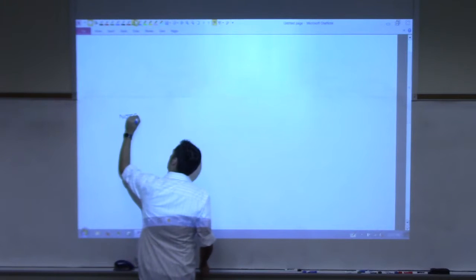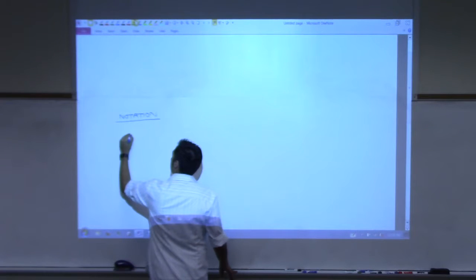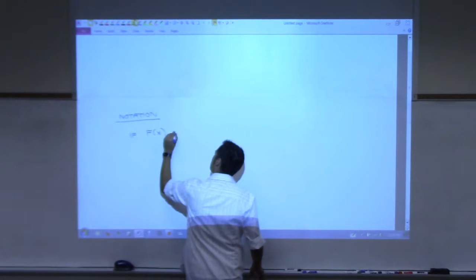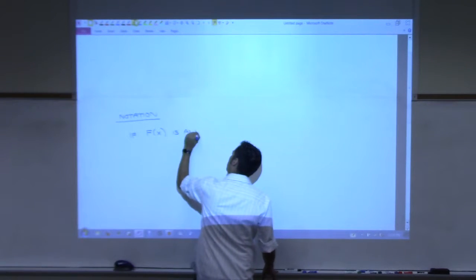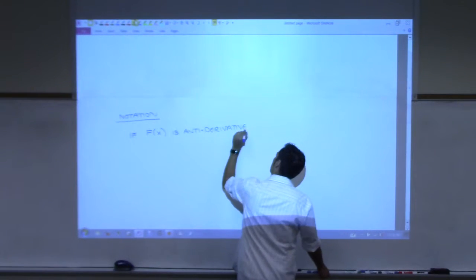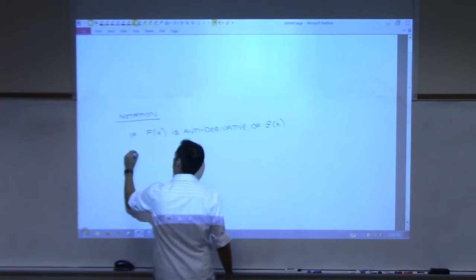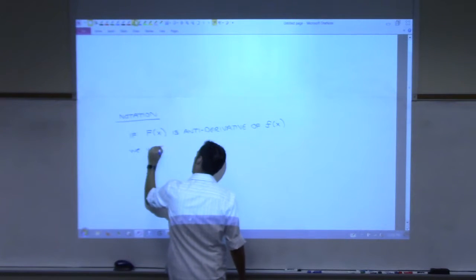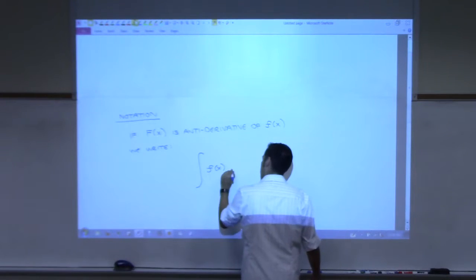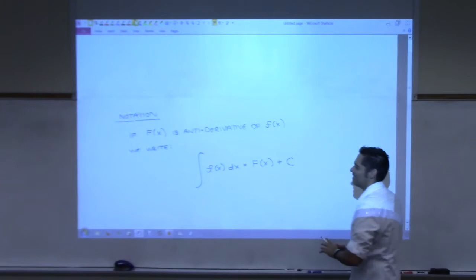Notation. If capital F of x is an antiderivative of little f of x, we write the following. Tell me that's easier to write